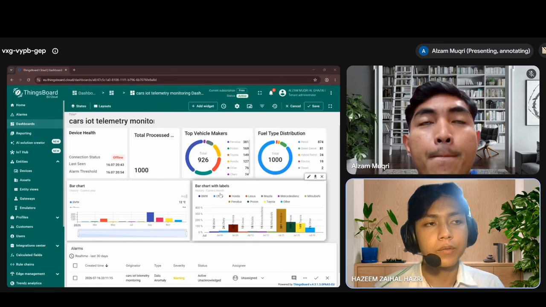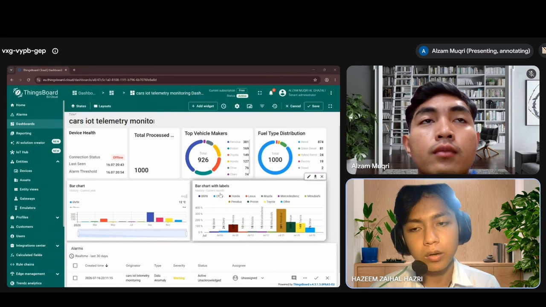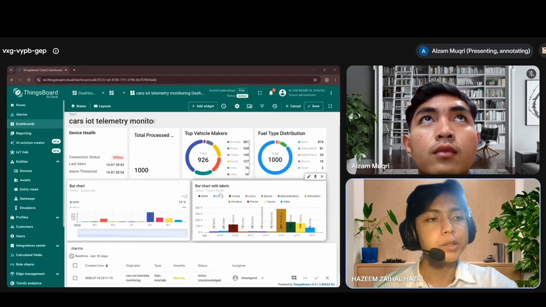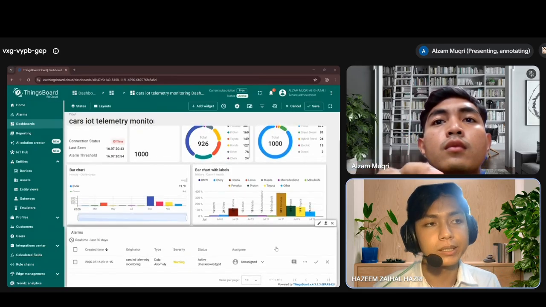And we also have value cards which show quick summary numbers like total records that have been processed, which in the dashboard shows a total of 1,000 data read by Google Colab that has been sent to ThingsBoard. We also have an alarm system, which is the part that makes it a real monitoring system.